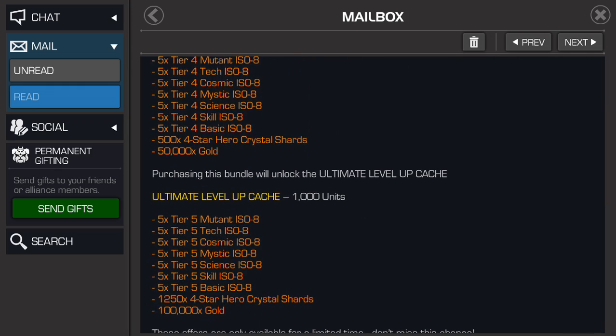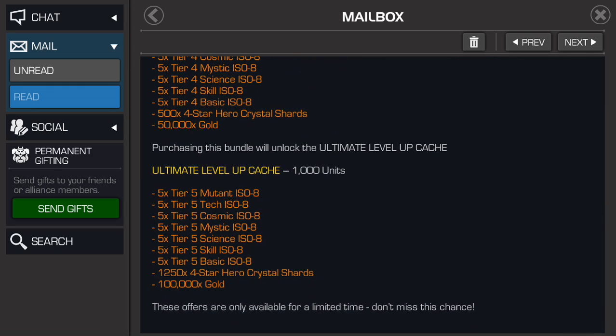And then, not to be outdone by the first two, the third level up, the ultimate level up, you finally get the tier 5s, which are fairly significant, right? That's the 5,000 per class, I believe, ISO. And then 1,250 4-star shards and 100,000 gold. Now, if you are really desperate for gold, I guess that would be the best part of this offer, but even so, if you do any part in the arena, you will get all of that gold and then some